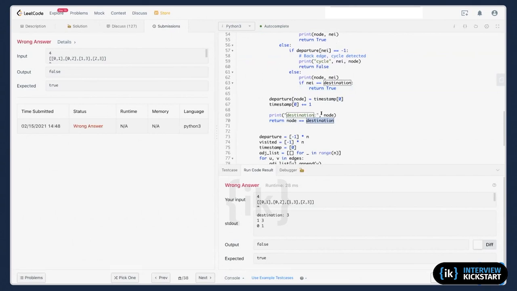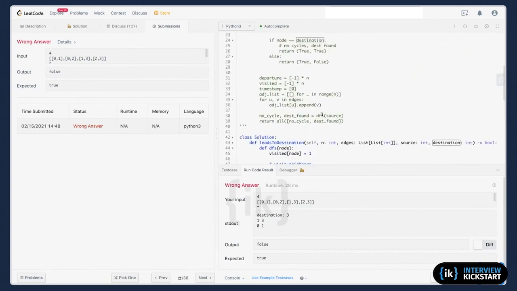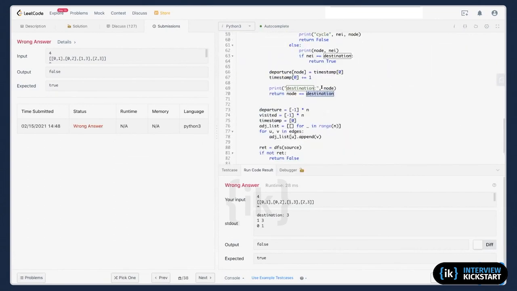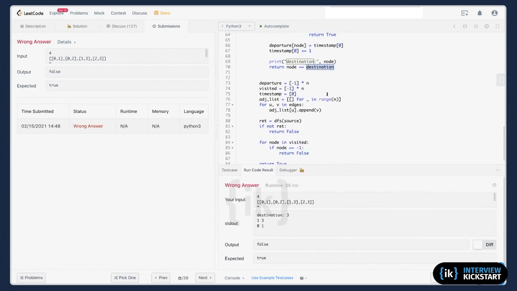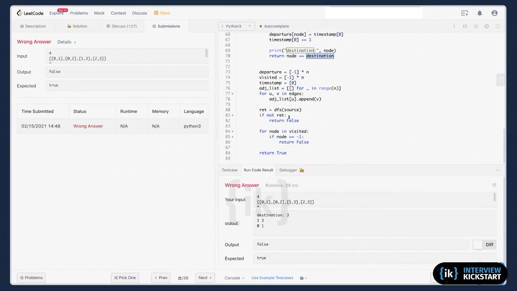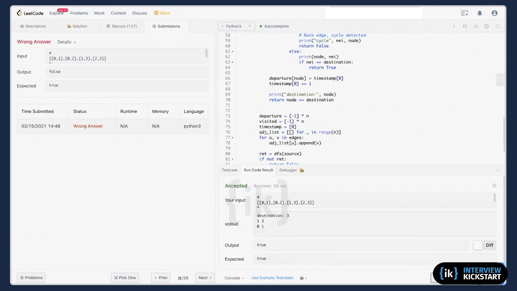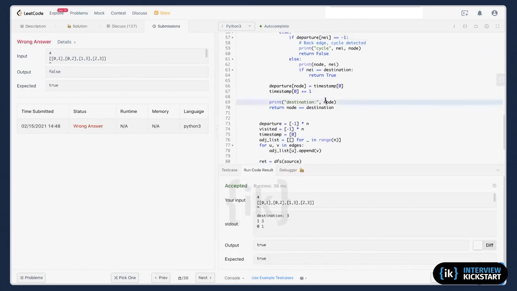Destination 3. This one is correct. Node. Why am I returning false? Here, because of this guy. Oh yeah. Okay, let me clean this one. Clean this one.